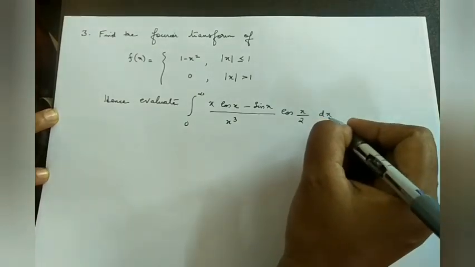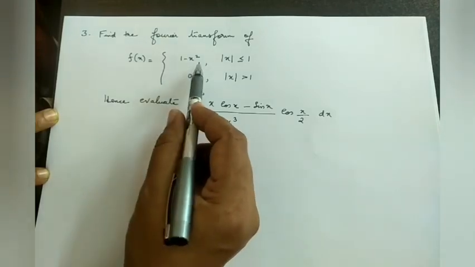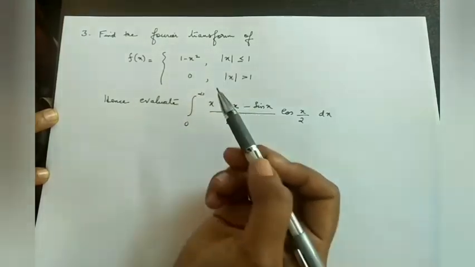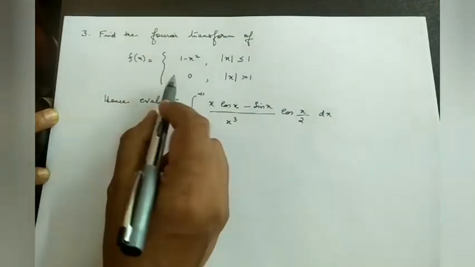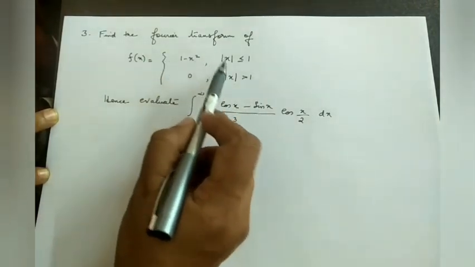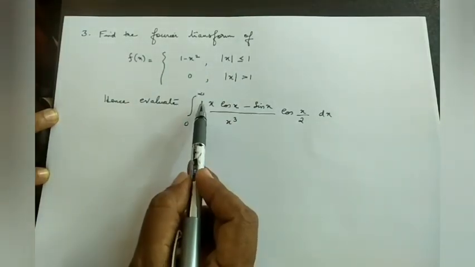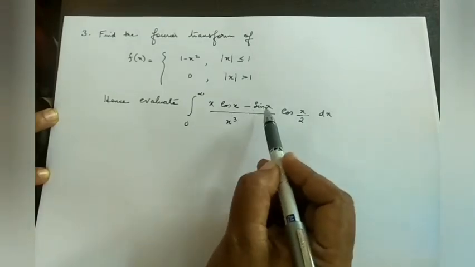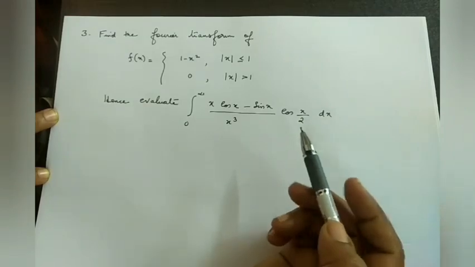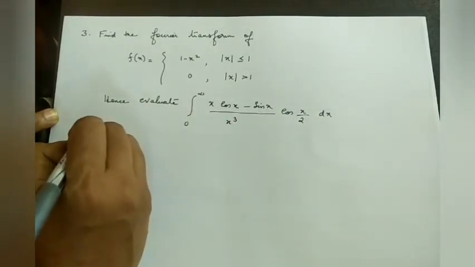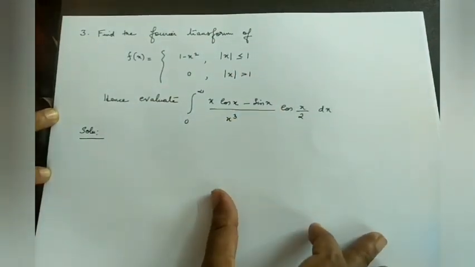Here we want to find out the Fourier transform of f(x) equal to 1 minus x² when |x| is less than or equal to 1 and 0 when |x| is greater than 1, and after finding the Fourier transform, we have to evaluate the integral from 0 to infinity of (x cos x minus sin x) by x³ cos(x/2) dx. So first of all we are going to find out the Fourier transform of this function. For that,